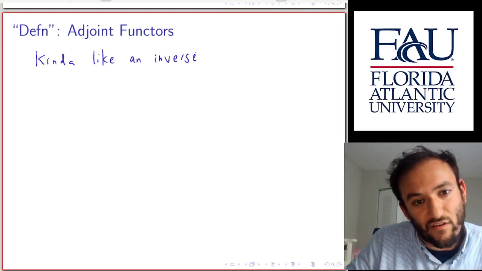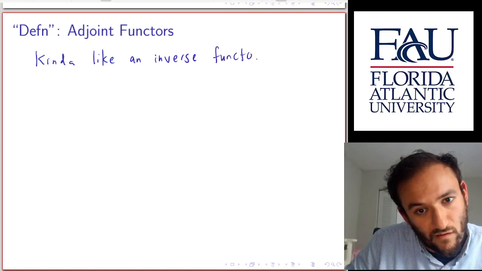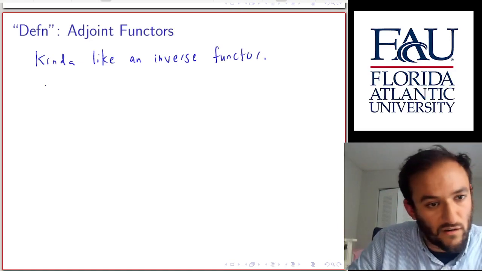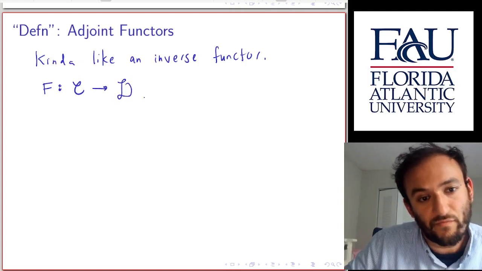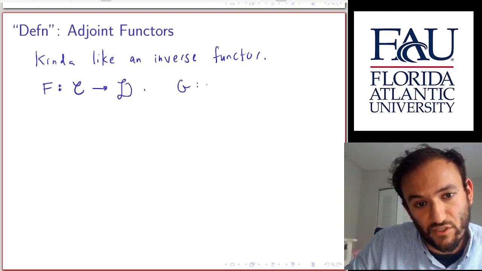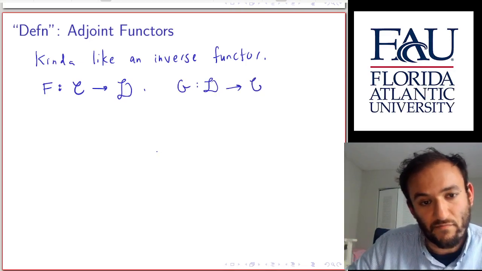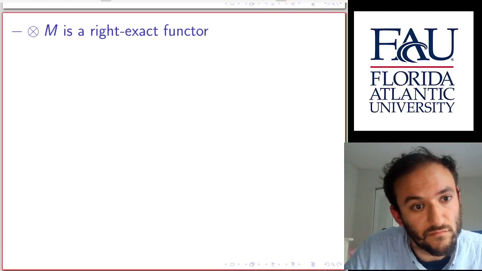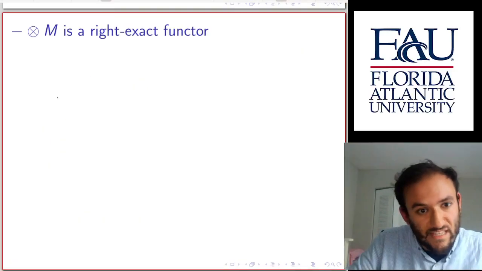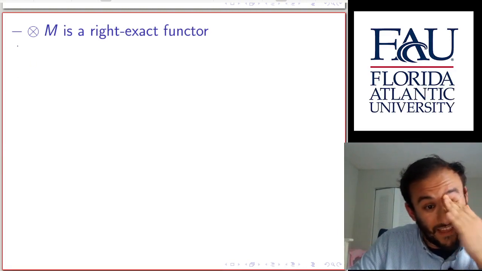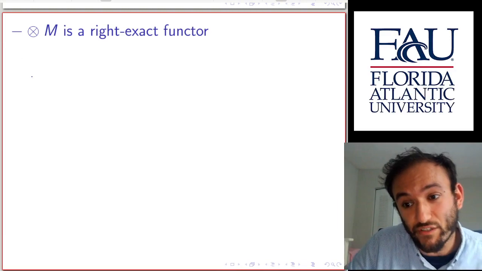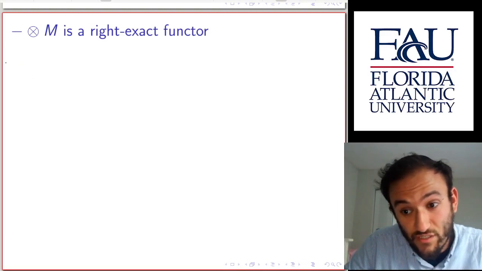So if you have a functor f from a category C to a category D, and a functor g, which takes you from the category D to the category C, now we've established this is a functor from the category of A modules to itself. And the fact that it's a left adjoint to Hom, or in general that it's just a left adjoint, so